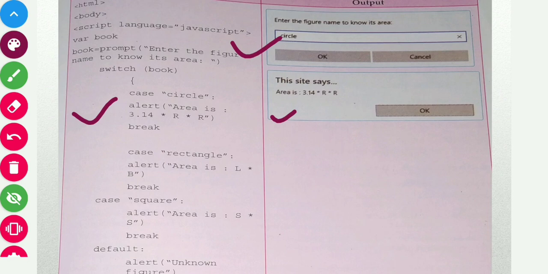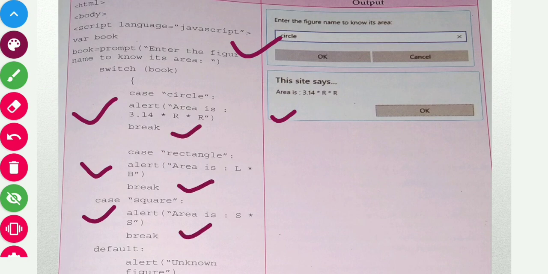Suppose I put trapezium here. You can see circle, rectangle and square are there, but another case for trapezium is not there, so I get the message unknown figure. That is written in the default. And friends, you can observe here I have written the break command.